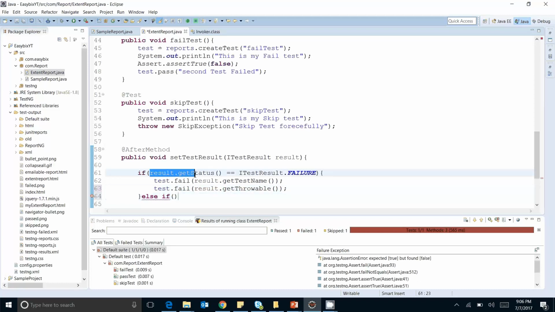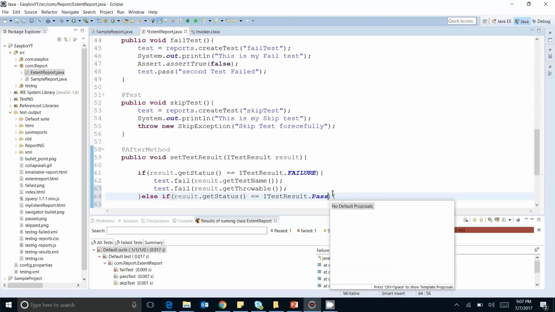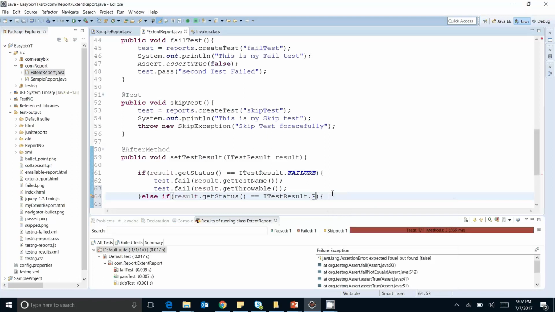I will copy this line. If the test is, there is nothing like pass.